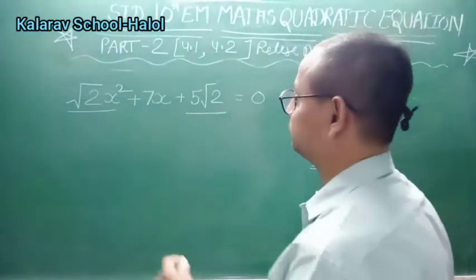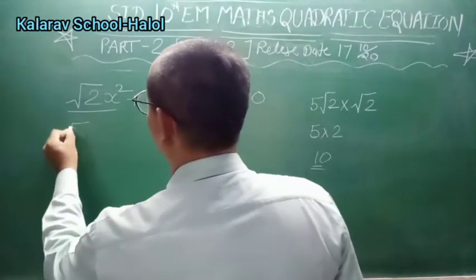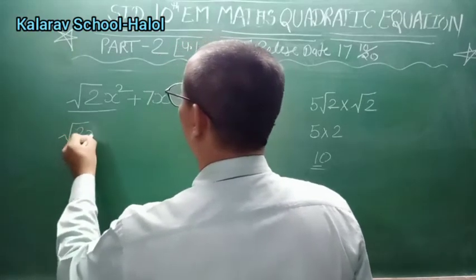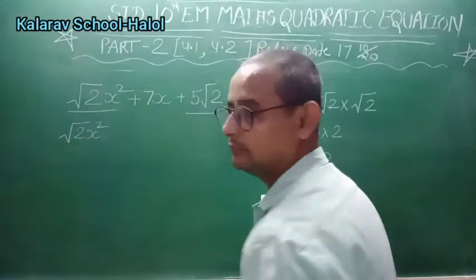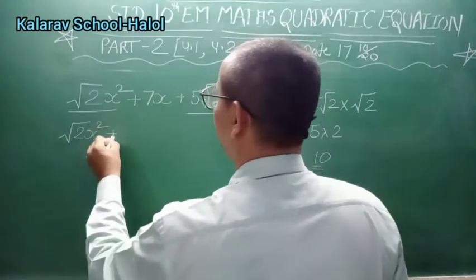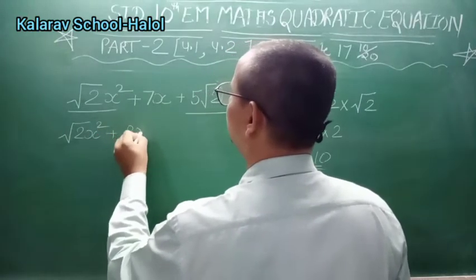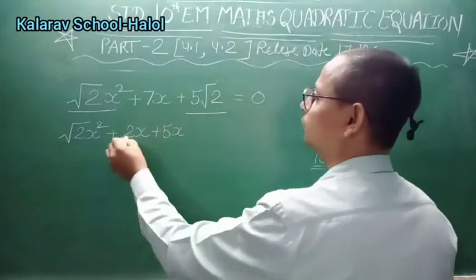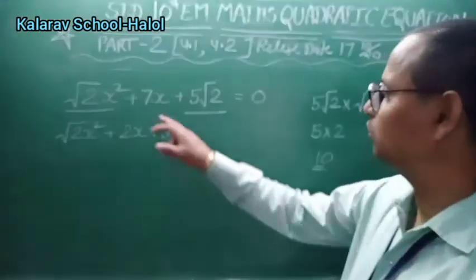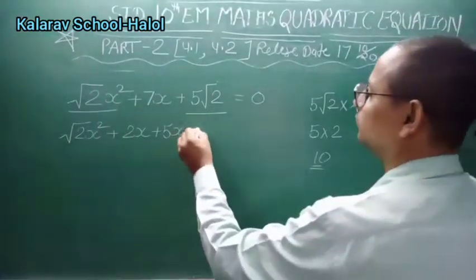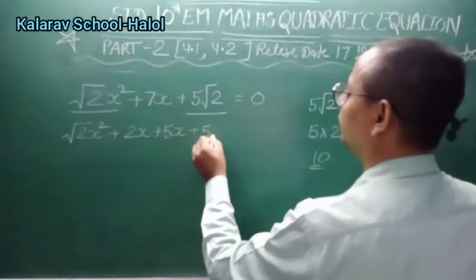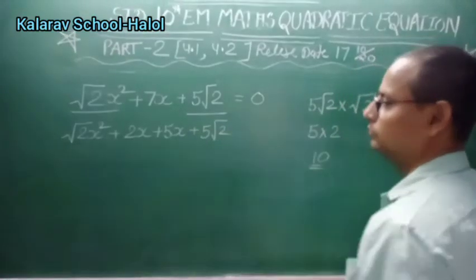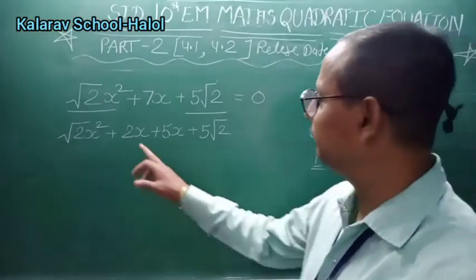Now see, root 2x square plus 2x plus 5x. 5 2s are 10, 5 plus 2 is 7, plus 5 root 2. Now children, if you see here,